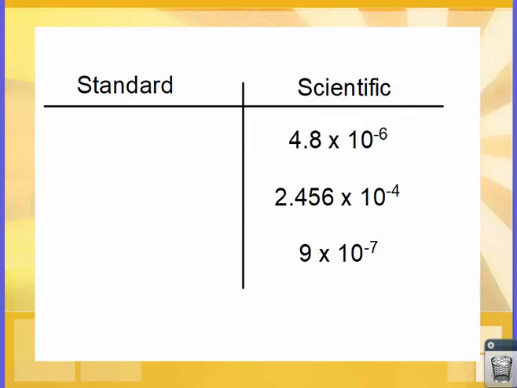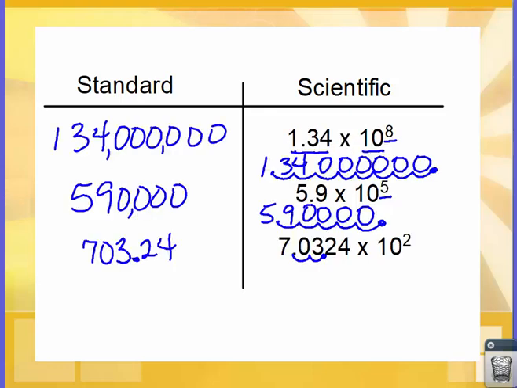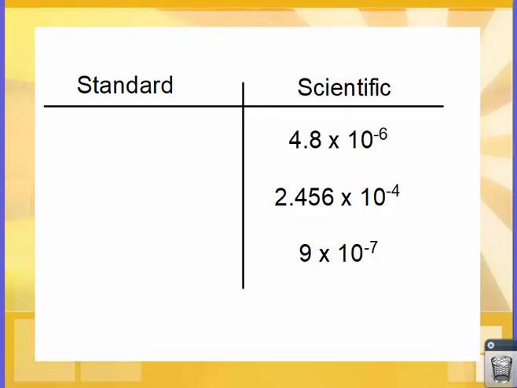Now, last thing, how do I go from scientific back to standard using negative exponents? Well, when we did positive exponents, we moved the decimal to the right. So when we're going to do negative exponents, we're going to move it back to the left. So this time I'm going to write 4.8. Since it's a negative 6, I move the decimal to the left. You can remember that by the number line where the negative numbers, they're on the left. So I move it one place around the 4 and then 5 more places. Okay. And then for the empties, I add the zeros. So we write this as